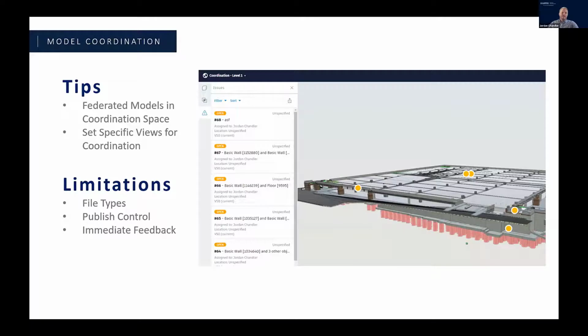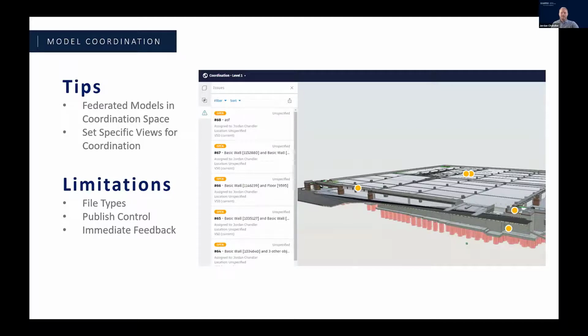And Dana mentioned limitations. So there are some limitations. There are some drawbacks. It's getting better. They've added a lot of functionality over the last 6 months or so, but a few of the things that we still run into are it's pretty limited when it comes to file types. So like I said, you basically got Revit files, CAD files, and IFC. Luckily, that covers a lot of what we do. But if we're comparing that to the list of file types that Glue can consume, it's definitely a much shorter list. The second thing is publish control, and that's something that I've seen on forums come up quite a bit,